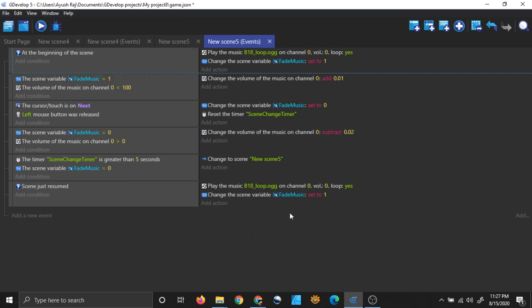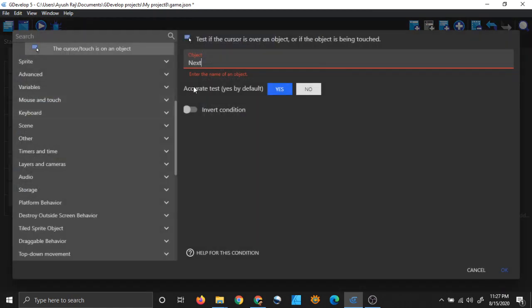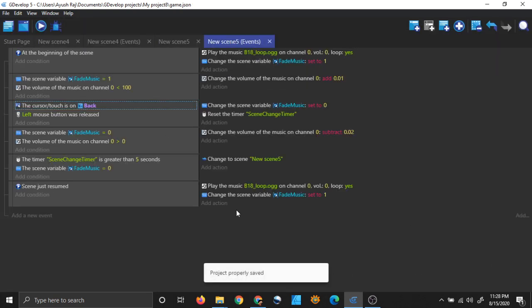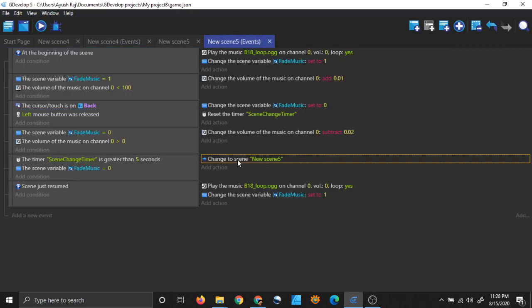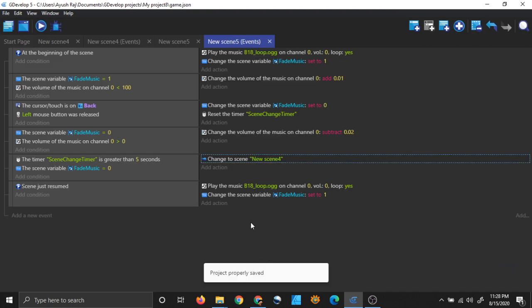So here we have to do some changes. Our cursor slash touch is not on next. Here we have a back button and its name is also back. So we will simply choose back instead of next. Back, right? And what other changes should we do? We should change this to change scene, new scene 5. We will not change to the same scene, right? We will be on new scene 5, so we will go back to new scene 4, right? That's what we will do, and we will run a different music here